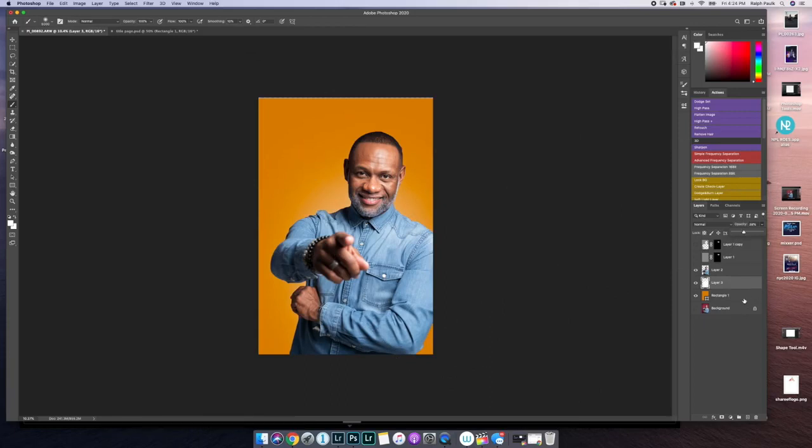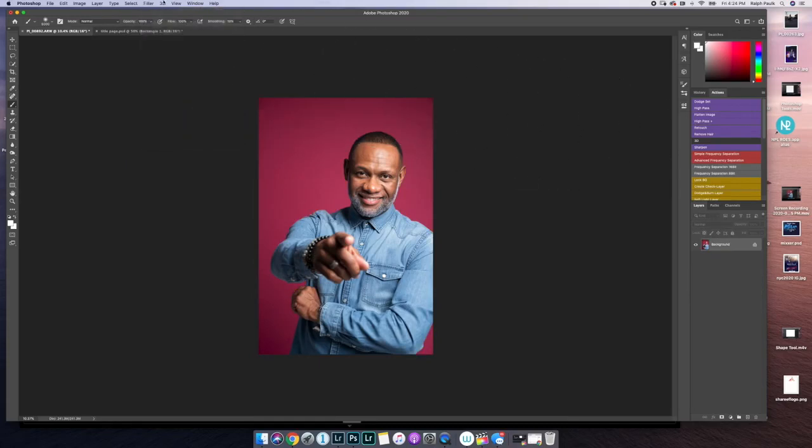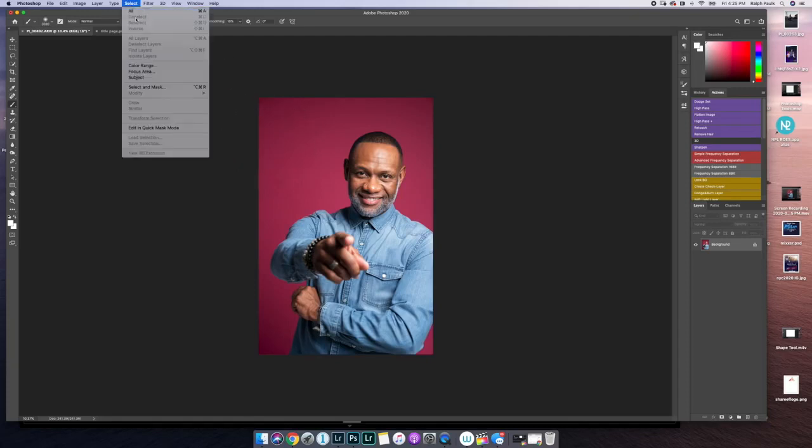I also want to go over another way to select your subject. Another way to select your subject is especially when you got a backdrop like this right here, which is almost like a crimson. But what you can do is come up here to select, color range,